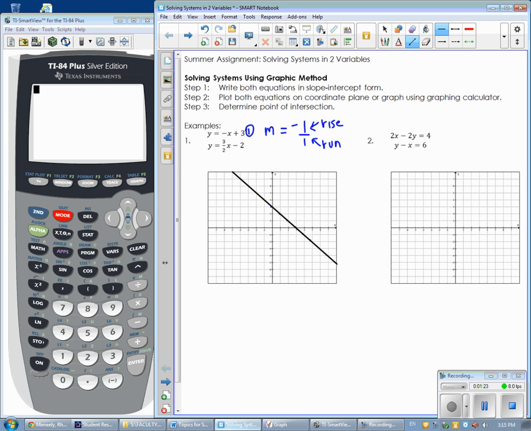For the second equation, I have a y-intercept at negative 2, and my slope now is positive 3 over 2. That means from negative 2, I'm going to rise 3 and run 2. So right now, I can see exactly where my two lines are going to cross. And so to go ahead and solve the system,